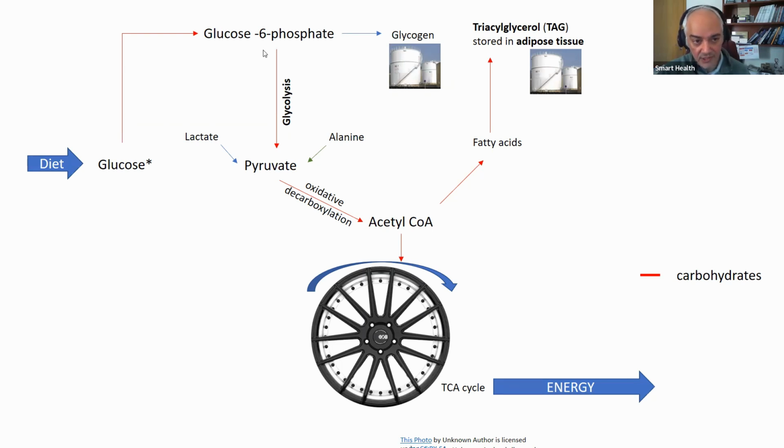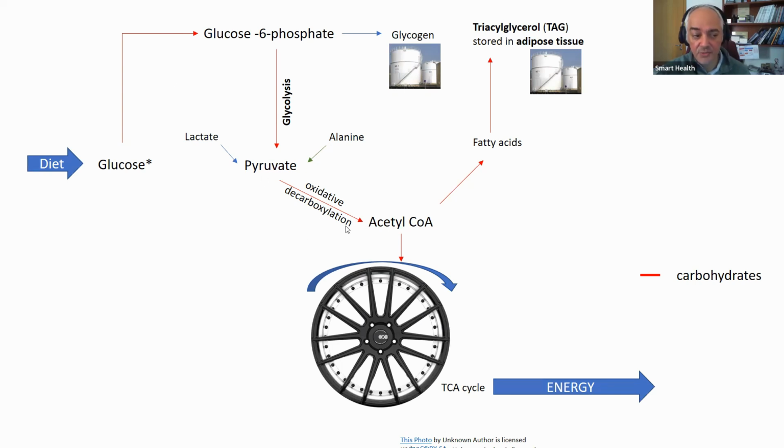Okay, so we're going to look at the red line, and basically glucose will be converted via various metabolites towards this wheel. That wheel is actually really a wheel, it's called a cycle, the TCA cycle, and this is where chemicals are being converted towards each other and circulating in a cycle and produce energy. Okay, that's called the TCA cycle.